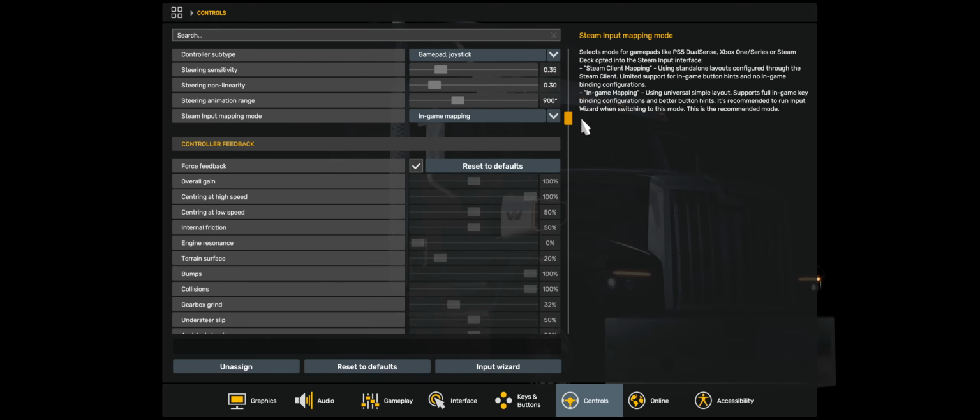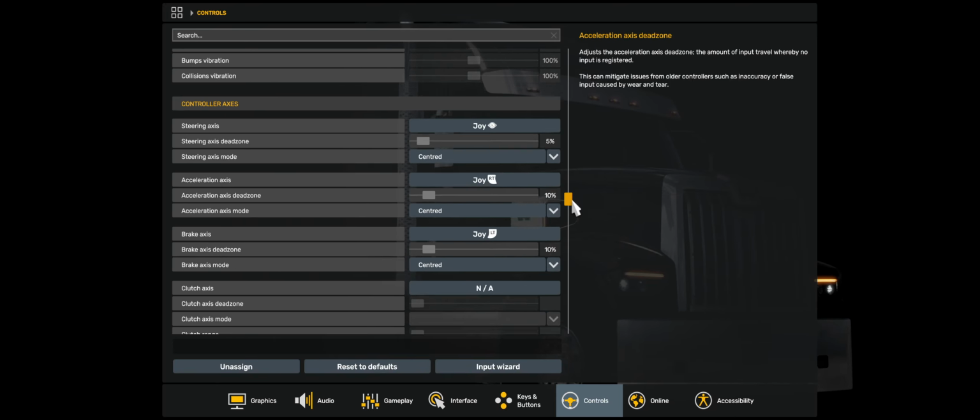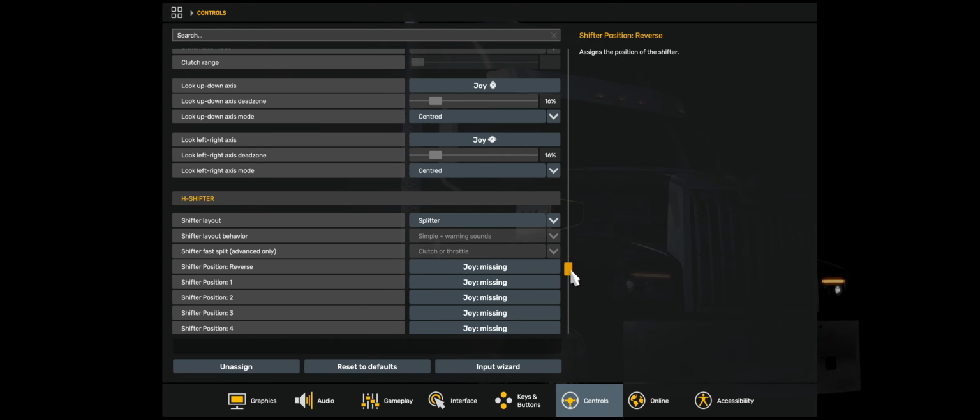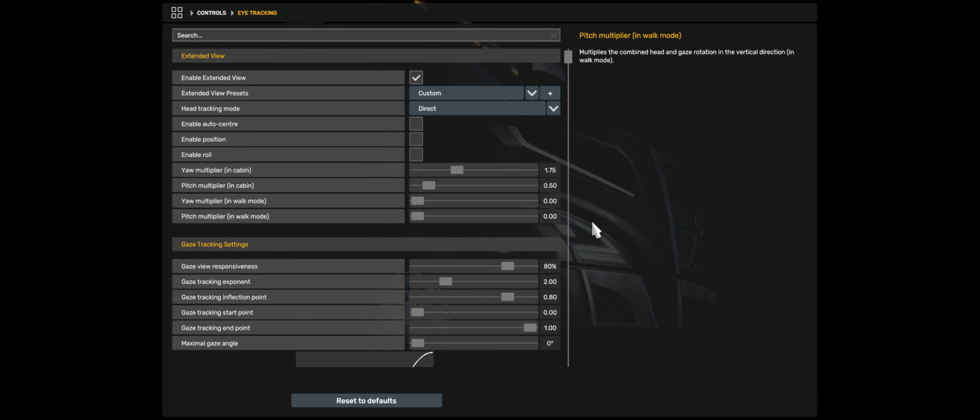Force feedback, you could do it, but it's all greyed out. Of course, it's a joypad. And again, just using the basic. None of these are configured. There would be, again, for anybody that has got Tobii eye tracking,